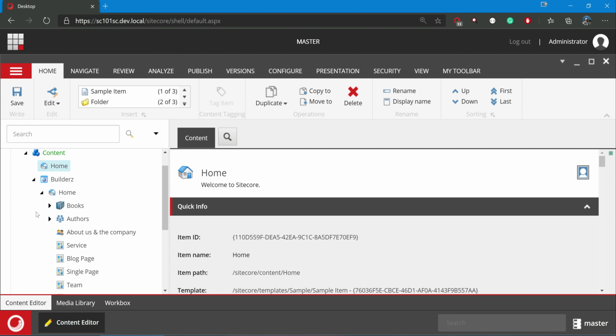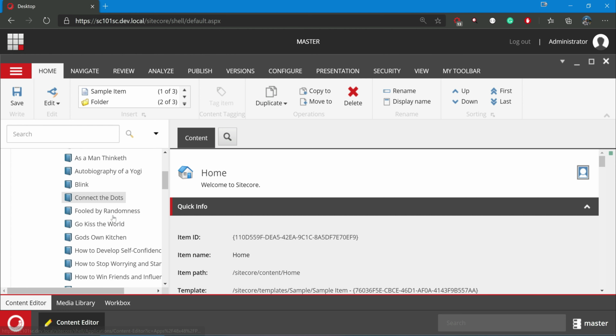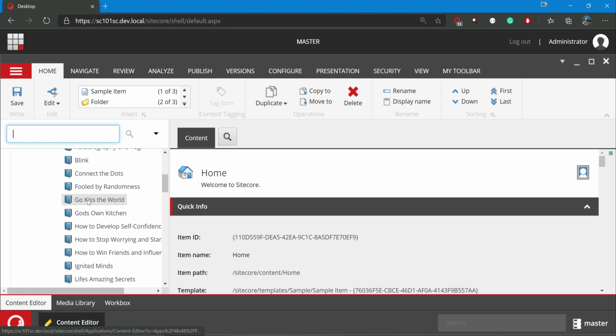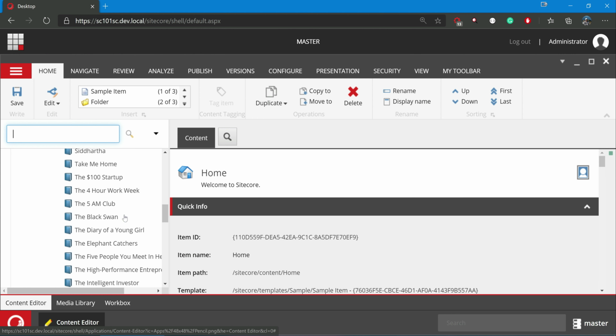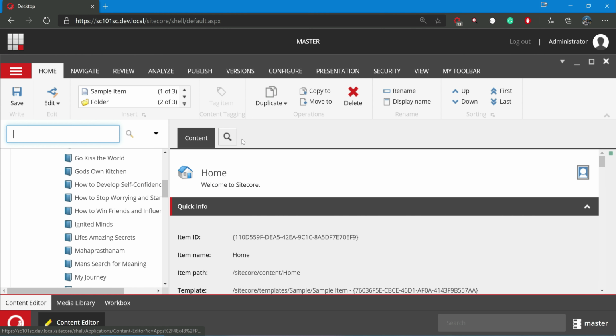Now, from a technical standpoint, not considering the cache and all, whenever you are opening any item as a parent, so you are collapsing or expanding this, all the child items get loaded. So there is a performance impact. And also, is it a better content authoring experience if they have a huge number of items under one parent? Either content authors can search and go to the relevant item, or they need to scroll and verify where this item is. Not a good authoring experience.